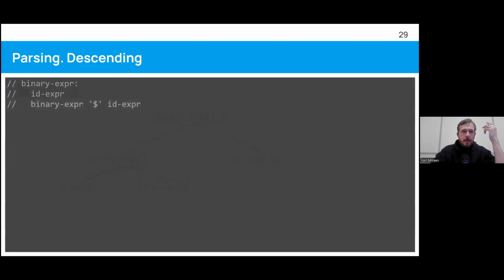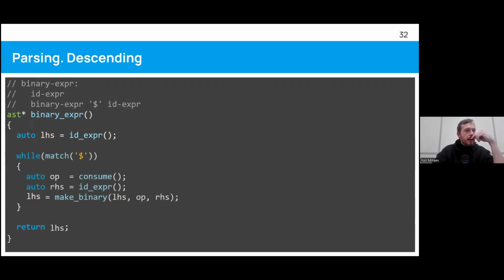Okay, and if we wrote code for that, it would look something like this. So let's say we have a method in our parser called binary expression. Here we get a left operand of that binary expression, ID expression. Right now, we just return it, but obviously it's not what we want, so we have to do something like that.